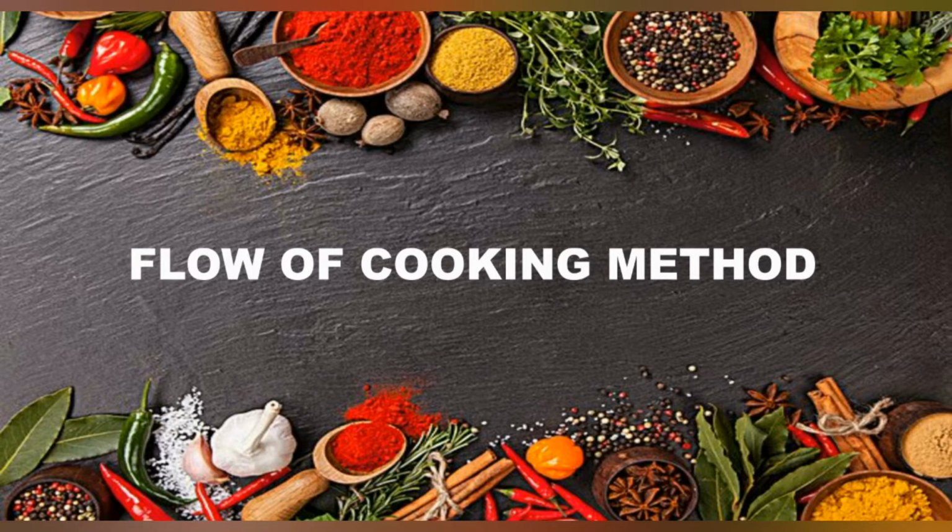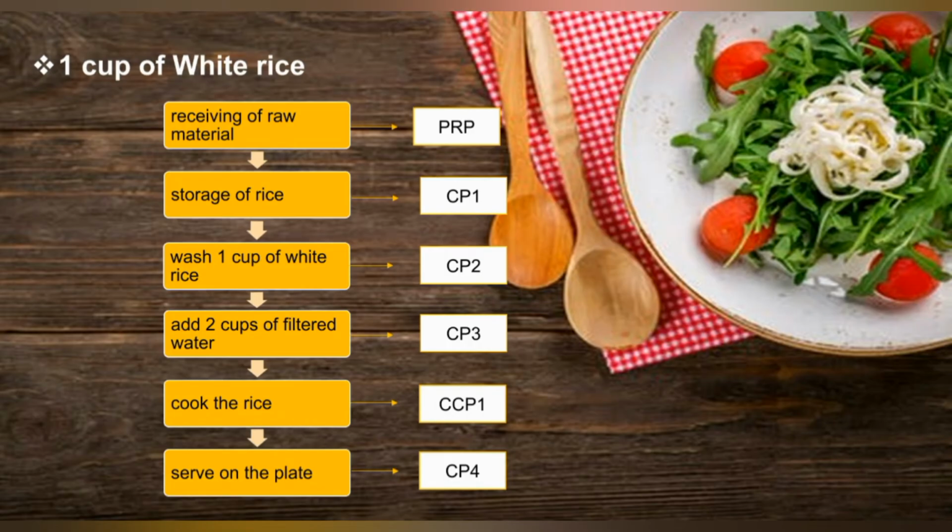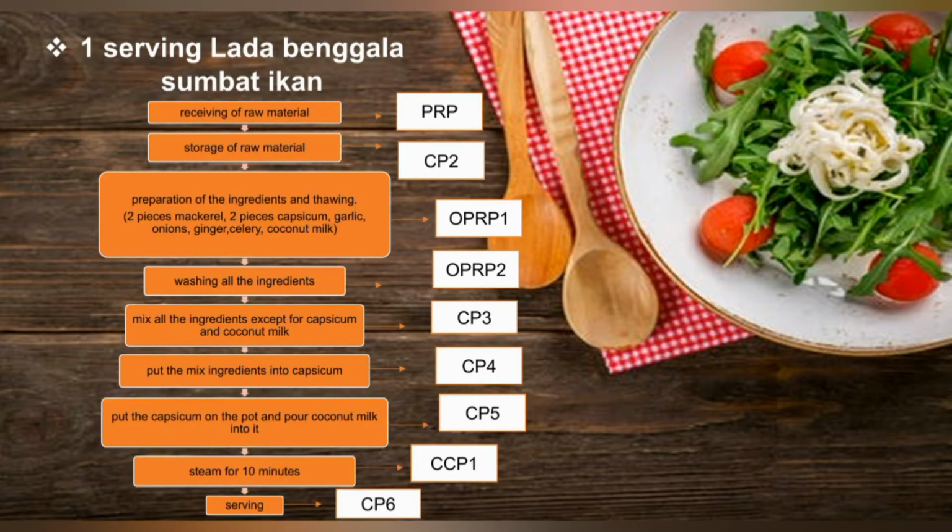So firstly, we go to the flow of cooking method. For 1 cup of white rice, receiving is PRP, storage of rice CP1, wash 1 cup of white rice CP2, add 2 cups of filtered water CP3, cook the rice CP1 and serve on the plate CP4. The next one is 1 serving of lada benggala sumbat ikan, receiving PRP, storage CP2, preparation of the ingredients and